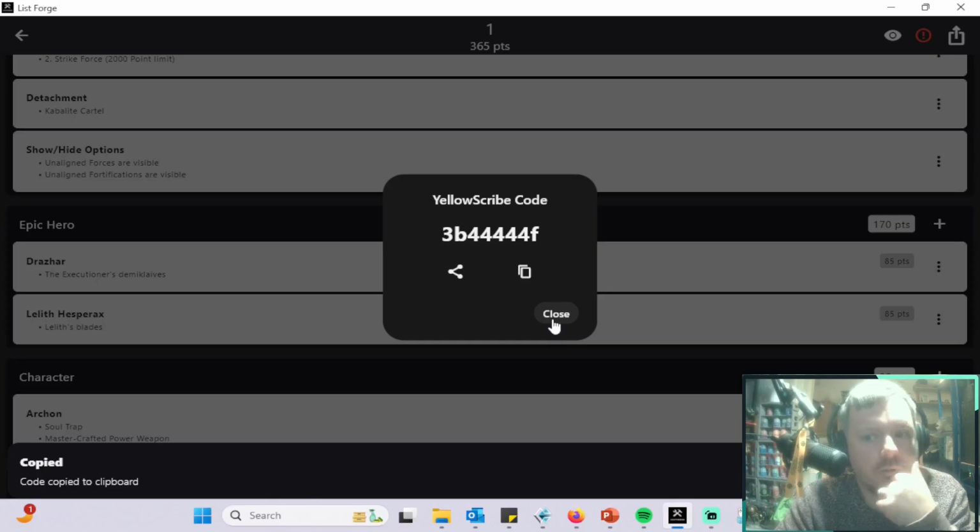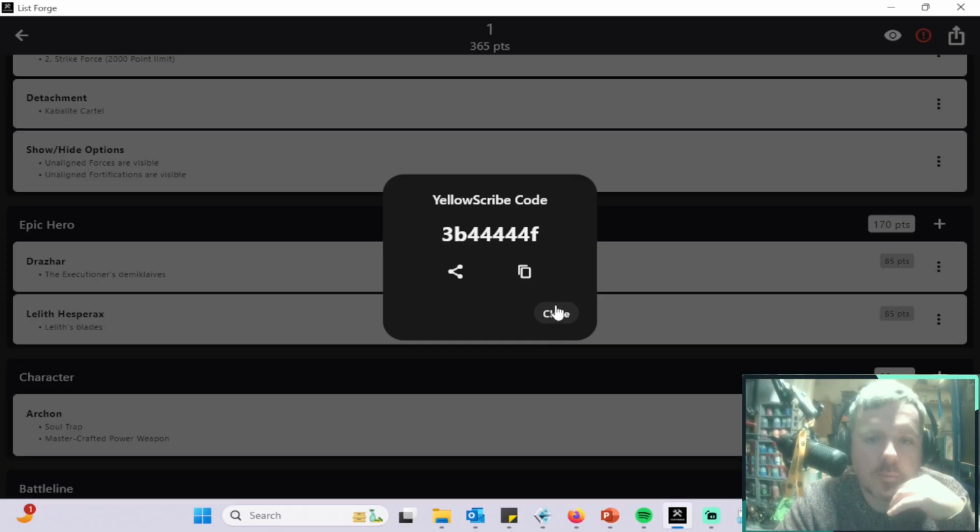You can also, if you use the ListForge app or the New Recruit app page on your phone, do this and then just type the code in. If you're doing it on the desktop, you can just copy paste. So